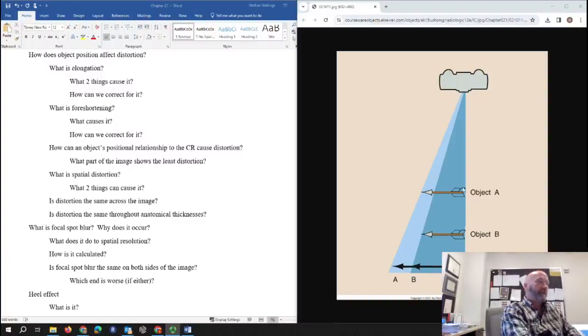So in this context, there's a difference in magnification between two things that are identical in size, but the appearance on the image would be that they are not. So you can have two objects that are positioned at different depths within the patient's body, and they're essentially the same size object, but one is going to appear more magnified than the other. And that can give the radiologist really a false indication of how big something is. An example of that